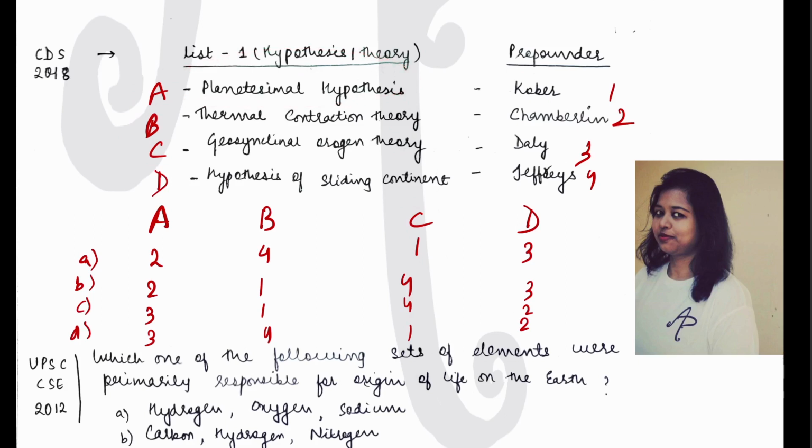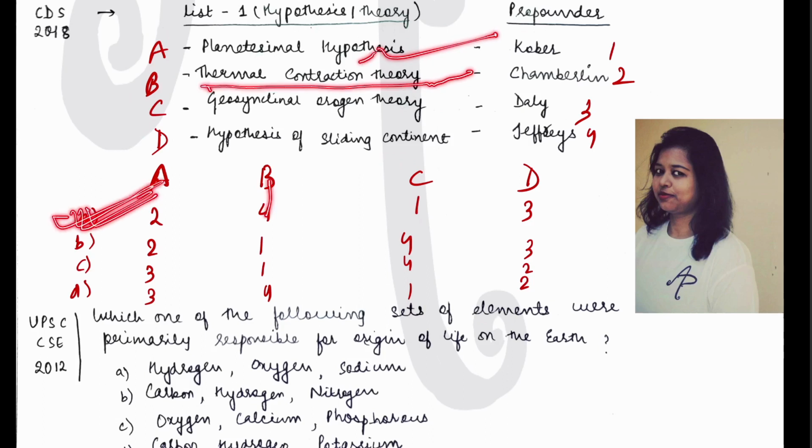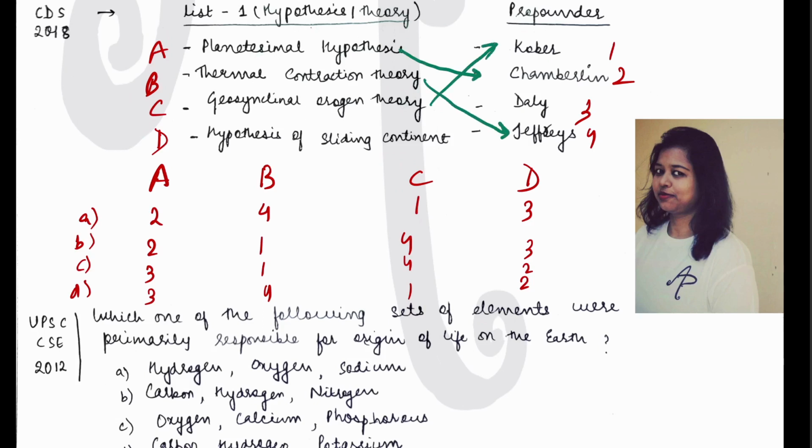So I would have personally recommended to skip such questions if you are not very sure about the answers. But because अब ये question आ गया है, roughly I'll brief you on these other theories also. Very roughly, you can read the details later from the internet, or when we do the mountain topic. So the first is already known to you. The second is your thermal contraction theory. Okay, so I also need to tell you the right answer: A2, B4, C1 and D3. This is the right answer. You can just check it later.